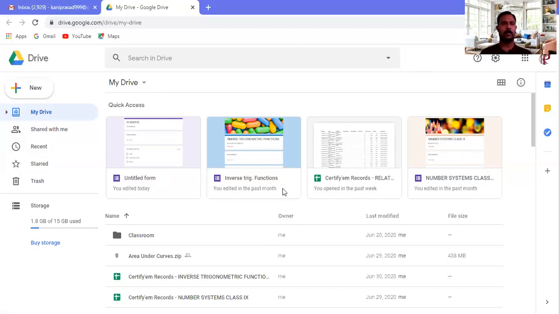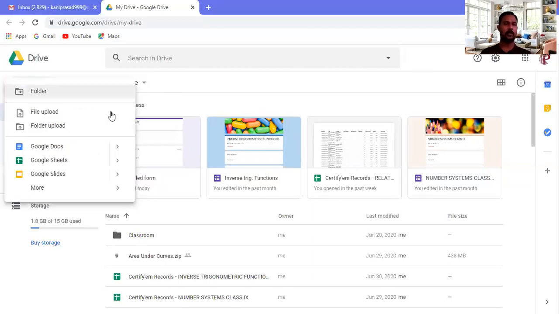Now after opening this My Drive page, where you have to go is, you can see here plus New, right? Tap on that plus New button. Again, these are the options there. Folder, all these you can create. Google Documents, Google Sheets, Google Slides. Google Slides is somewhat like PowerPoint, the same slides. We will discuss later for certificates, right?